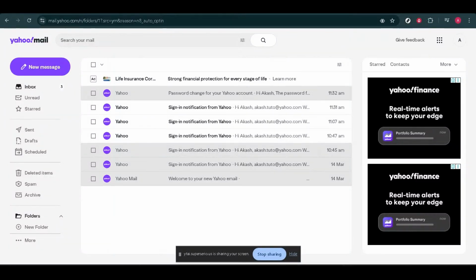In today's video, I'm going to show you exactly how to forward Yahoo Mail to Gmail so that every new email arriving in your Yahoo inbox automatically appears inside your Gmail account. This is extremely useful if you want to manage all your emails from one place, reduce the need to check multiple inboxes, or if you're slowly transitioning from Yahoo Mail to Gmail. The entire process only takes a couple of minutes, and once it's set up, the forwarding works automatically in the